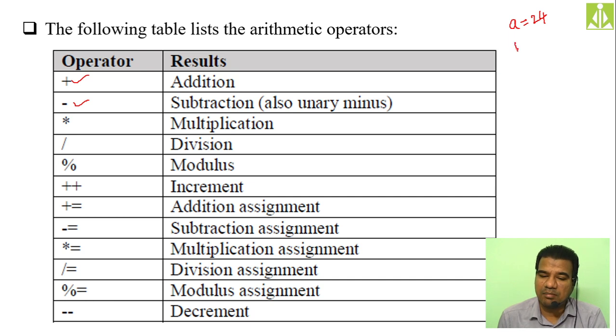So what will happen? The value of a will become a negative value. Take another variable b, and you want to store the negative value of that a into b. Then how come? Simply put minus a. So now what will this b hold? This b will hold minus 24. Likewise, the minus operator is also helpful in getting the negative equivalent of a number. When you use that operator in such a way, it gives its unary form. Here it is taking only one operand, so it is its unary form.